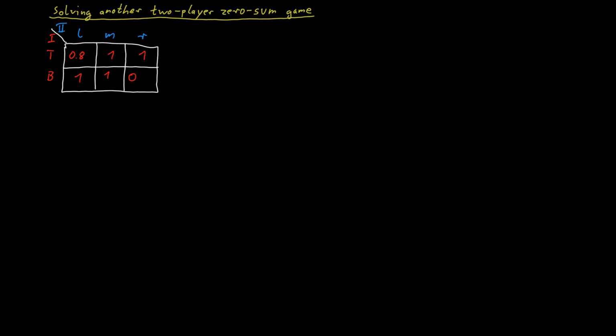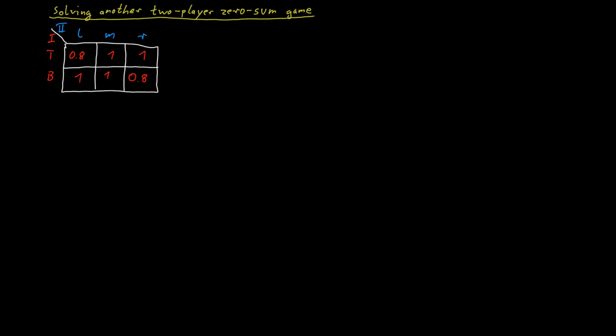What I wrote down here are the payoffs to player 1. The payoff to player 2 can be derived from this because it is a zero-sum game, so the payoff to player 2 is just always minus the payoff to player 1. Because in this game player 1 has only 2 strategies, we can completely specify a mixed strategy for player 1 by stating with what probability the player plays the strategy T.